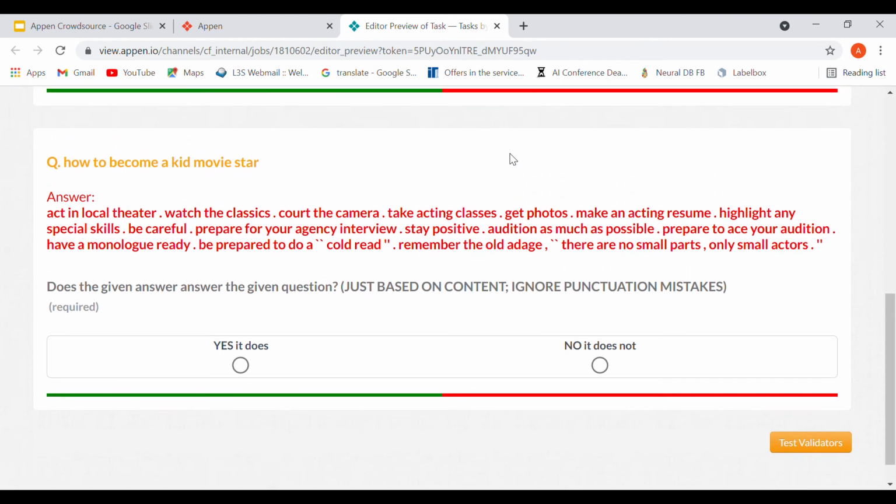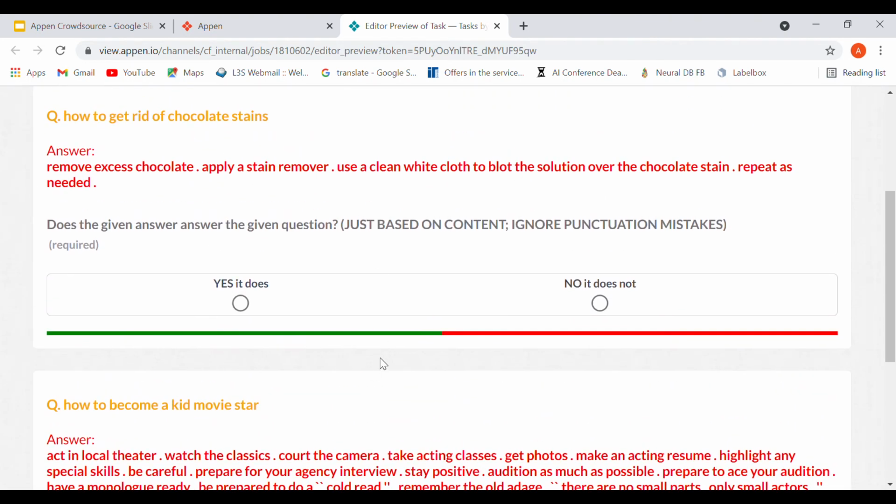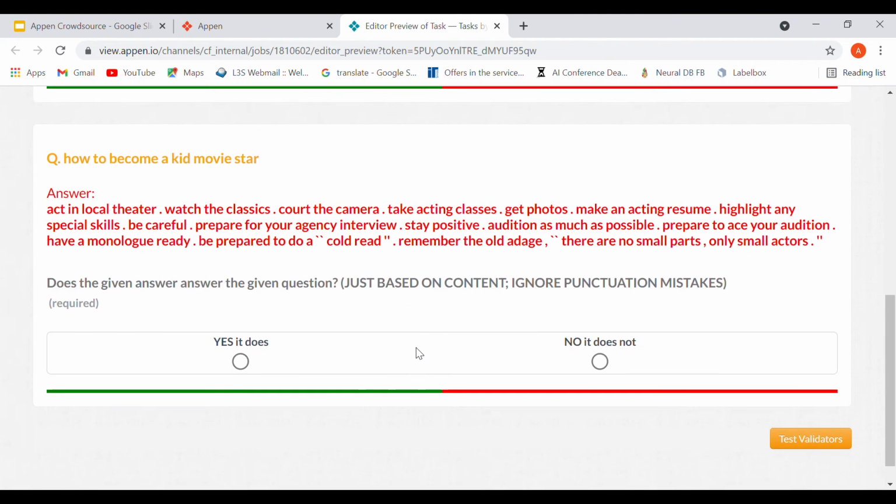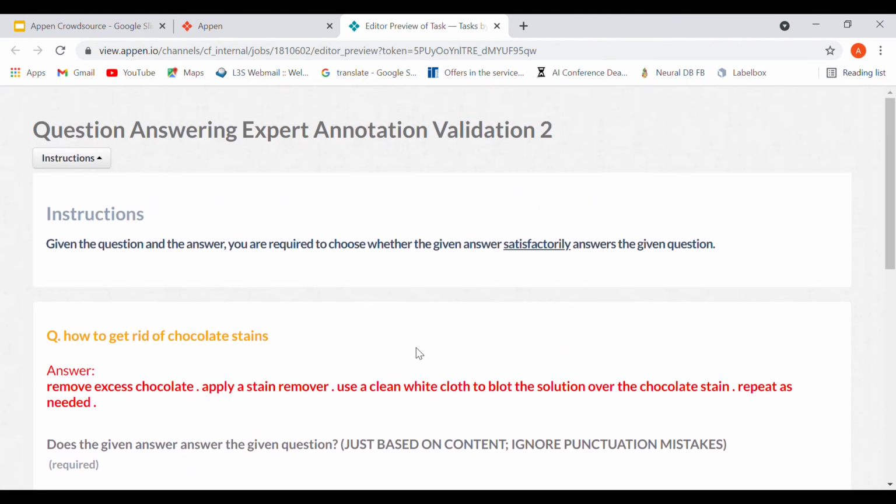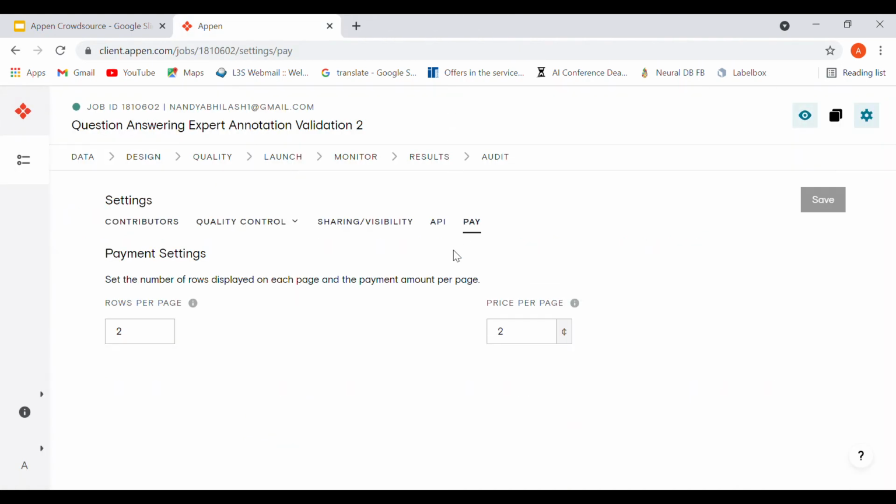It doesn't mean that the annotator will only be able to do 2 annotations. The annotator can finish this particular page and can also go for another page. This is just to ensure that if your task is simple enough, then you can have multiple of those tasks in a page. That keeps the continuity of the task, and maybe the task might finish faster. So that's the idea behind that. And if your task is a bit cumbersome or requires more space, then I would suggest you lower the number of rows per page.